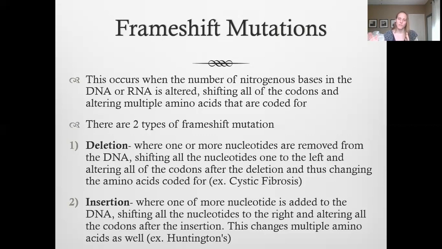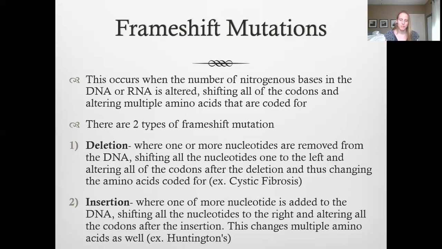So all of the nucleotides from that point onwards in the DNA shift forwards one spot, which means that all of the codons from that point of mutation onward are all wrong. So these are usually much more damaging than point mutations, because instead of changing one codon, you're going to change a bunch of codons. So for example, cystic fibrosis, which is a deadly respiratory disorder, is caused by a deletion